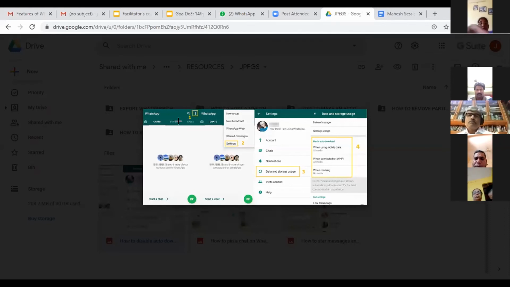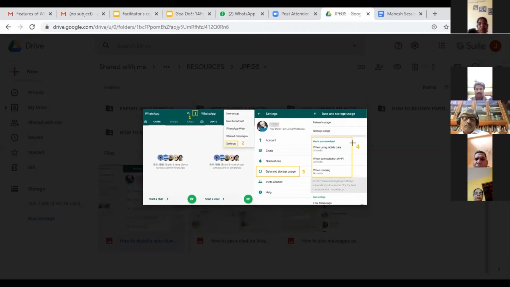Then you have to go to Settings, which is marked by yellow number 2. I hope everyone can see that. Then in the third screenshot, you go to Data and storage usage, marked by yellow number 3. And as shown in the fourth screenshot, there is something called Media auto-download.